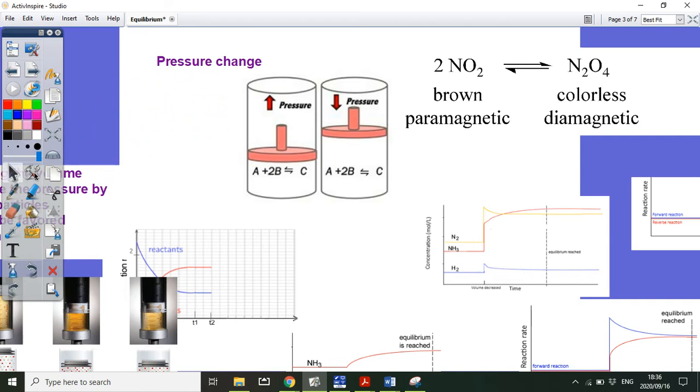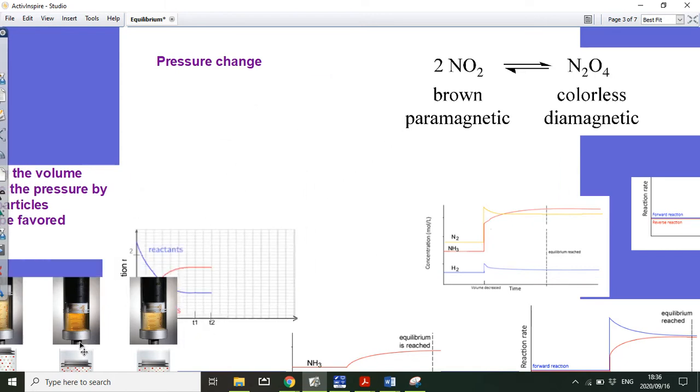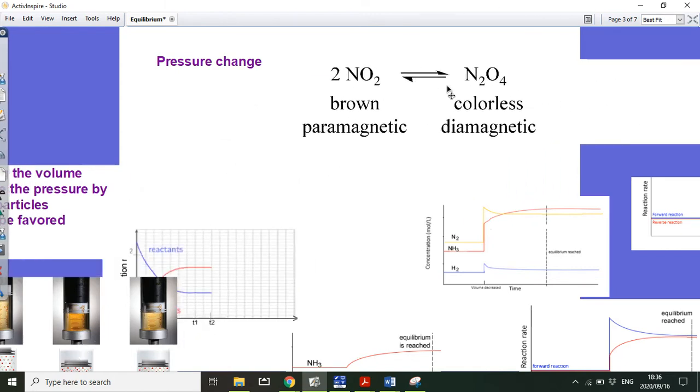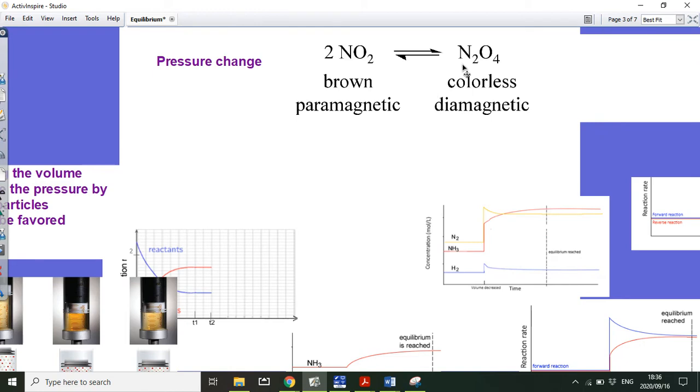Alrighty, let's throw that one away. Now, if we look at a specific reaction and we see how we're going to explain that using Le Chatelier's principle, let's look at this reaction. This is a common one that's often asked. If we have NO2, it is a brown gas. N2O4 is a colorless gas. Now, if you look at the equilibrium here,